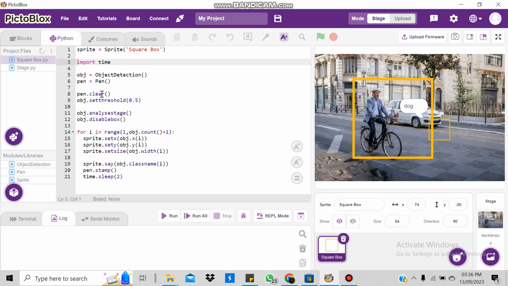Then we have object analyze stage. This is going to analyze the object that we have on the stage. So we have object analyze camera, but we're using object analyze stage because we have the pictures on the stage. Then objects disable box. The object disable box is to disable boxes that might appear on the stage around the object. So the next thing we're going to do is to use a for loop,